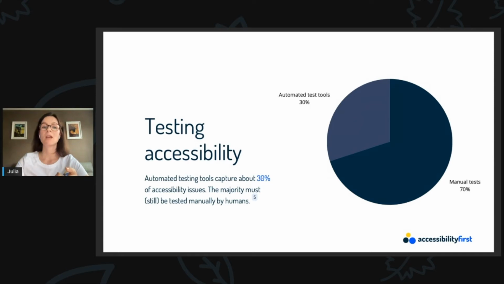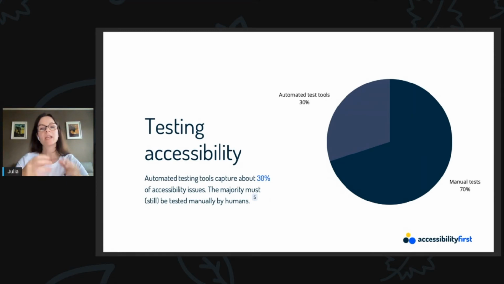When thinking of a missing alt attribute, an alt tag provides alternative text for images that users with visual impairment can listen to via a screen reader. Yes, the tool can detect that the alt tag is missing, but it could not create one of its own, as AI is not mature enough to interpret images. It would be super cool, but we're not there yet.